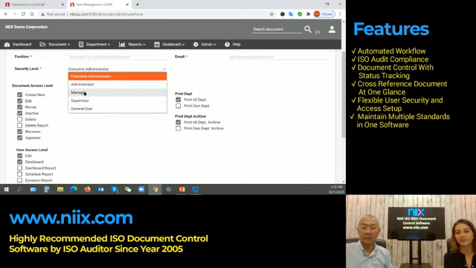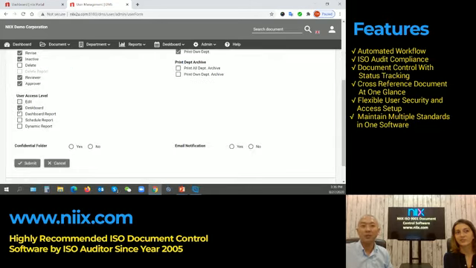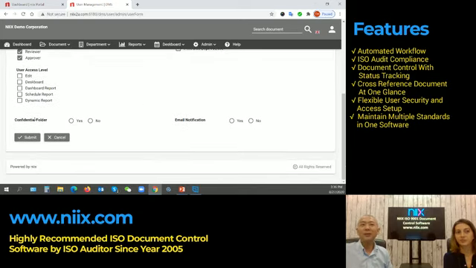You can either set it by default or you can manually change it. Now you can see the confidential folder here. It means that if a document is classified as confidential, for example, where it may involve some product's formula, then you don't want everybody to see it and you want to control. So by giving this access to the confidential folder, you need to say whether I have the authority to set the document as confidential and whether I can share this confidential document with selected colleagues only.